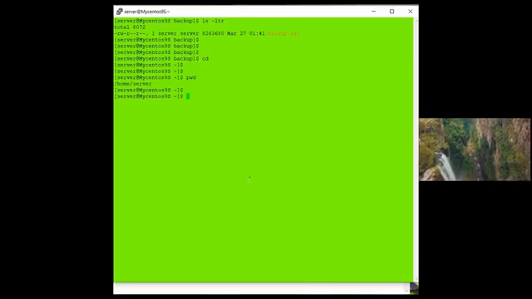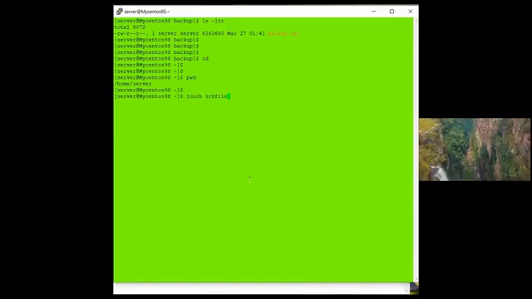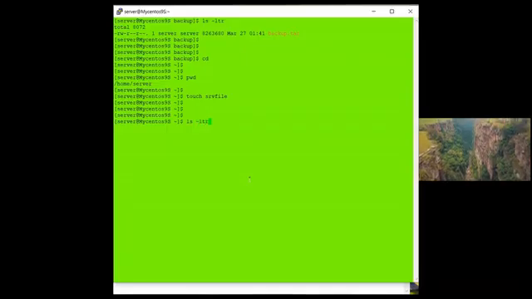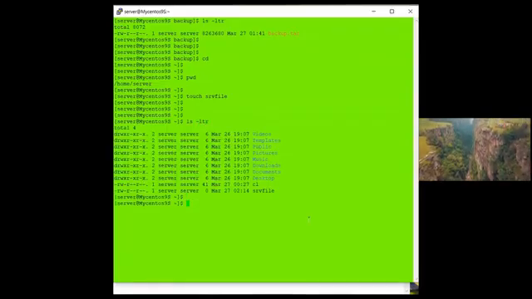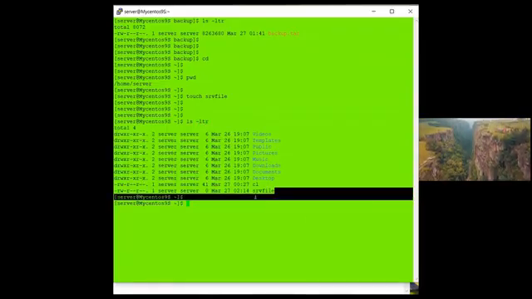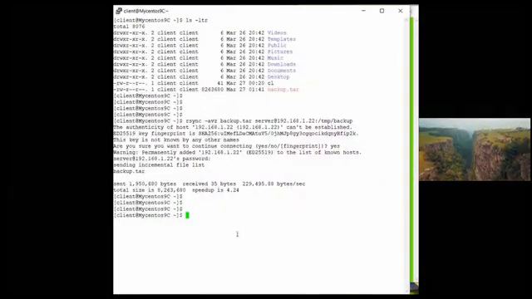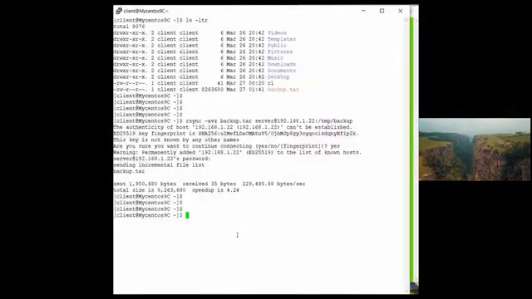Now create a file using the touch command, touch srv file, and now we'll fetch this file from the client end, okay? So do ls -ltr to check whether the file has been created. Okay, it is created. Now let's go to the client end and use the rsync command to fetch the file from there, okay? Do rsync,